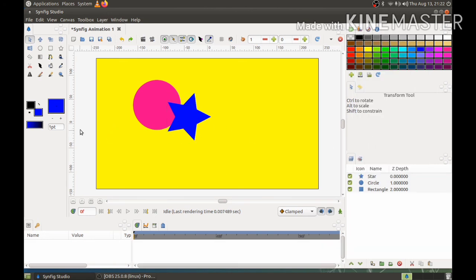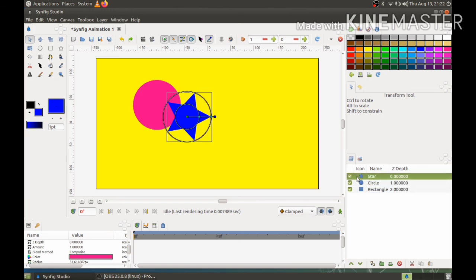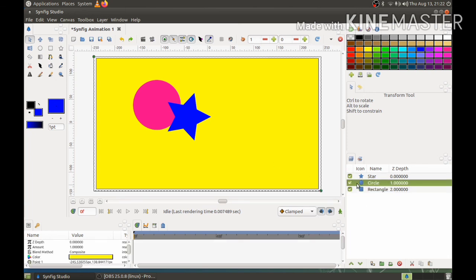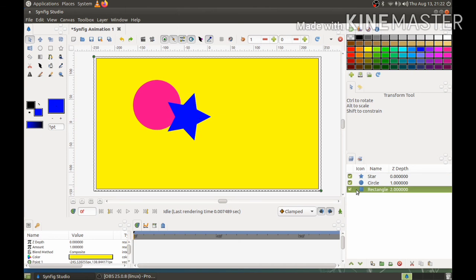Now you can see I have created a rectangle, then a circle, and then a star. You can see here the circle is overlapping the rectangle and the star is overlapping the circle. Means the top layer will be overlapping the bottom layer and the bottom layer will be on the backward side.